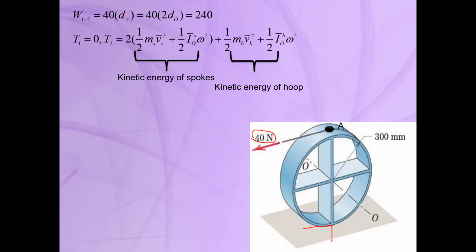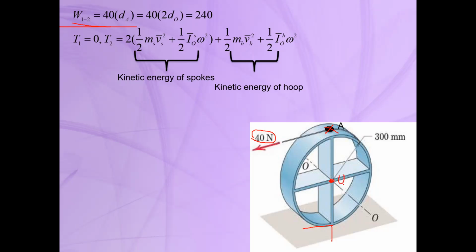We will have 40 times dA, where A is the point where the 40 Newton force is applied on the wheel. So dA, according to the geometry of the problem, you can conclude that the displacement of point A is equal to 2 times the displacement of point O, which is the center